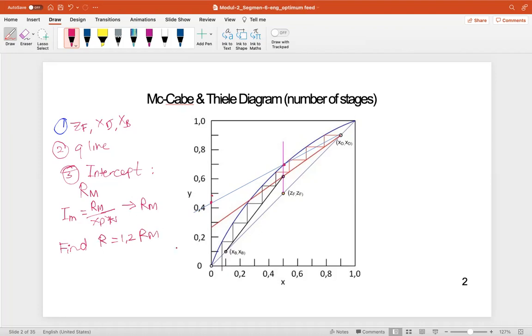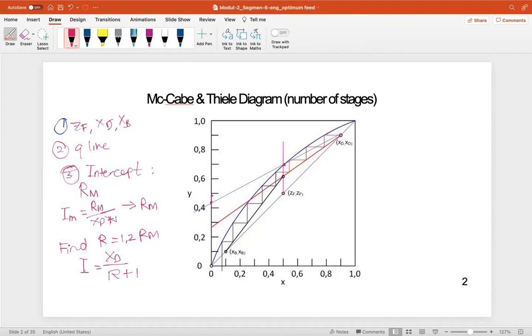And after that, you can make your new intercept. Make your intercept, maybe for example this one. After this you just need to calculate it, and then you can start to construct your